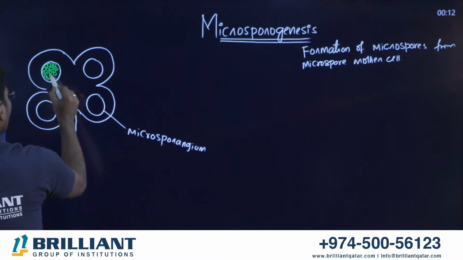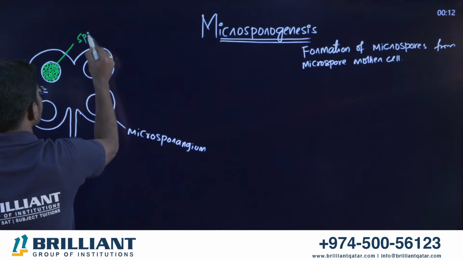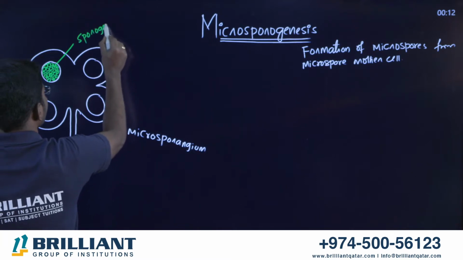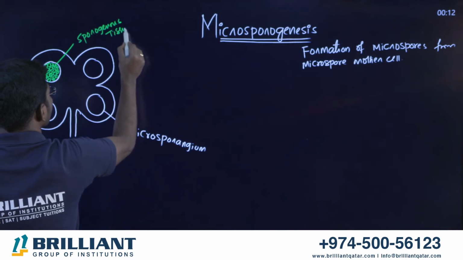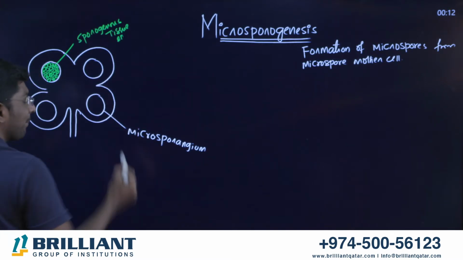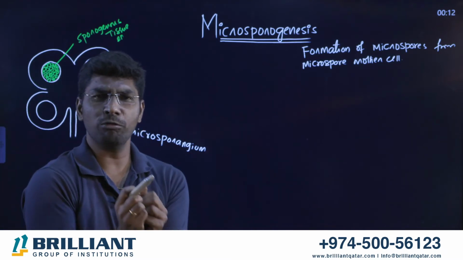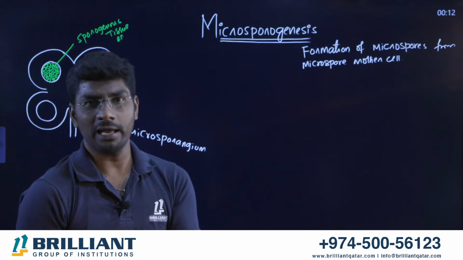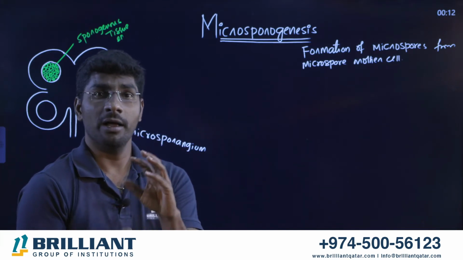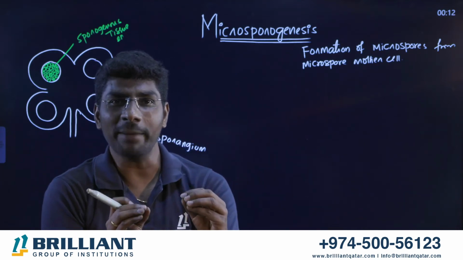So keep in your mind all of you, this sporogenous tissue is diploid. Many times a question has been asked about this. This sporogenous tissue is diploid, not haploid. Remember. Okay, so these are compactly arranged, very closely arranged in a microsporangium. After the young anther matures, a gap will form in the sporogenous tissue.